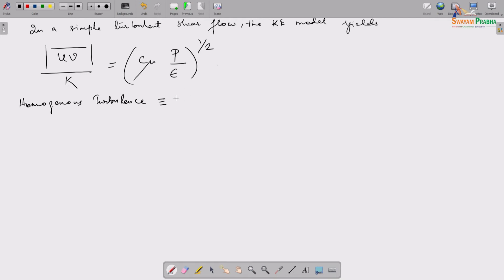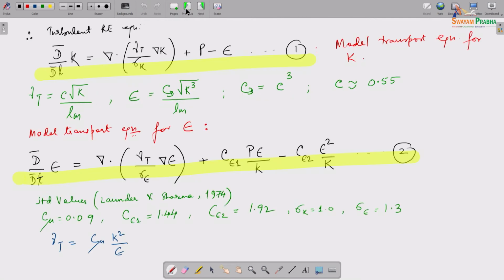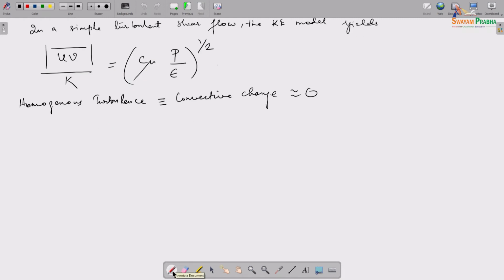So, then the convective change becomes negligible. So, if you look at these two equations which I have highlighted, what would the equations become? You see what will the equations become? So, then the equations become